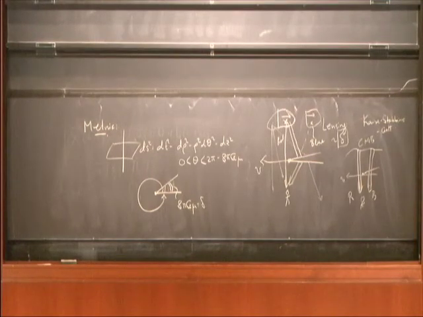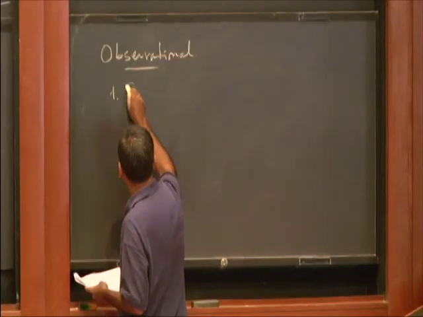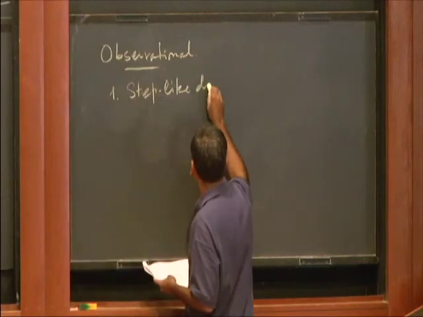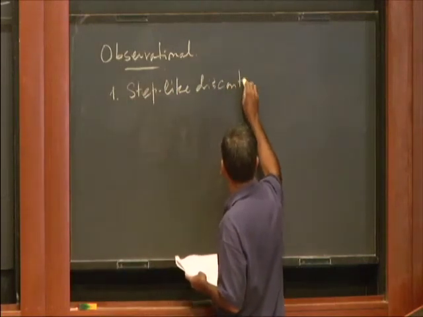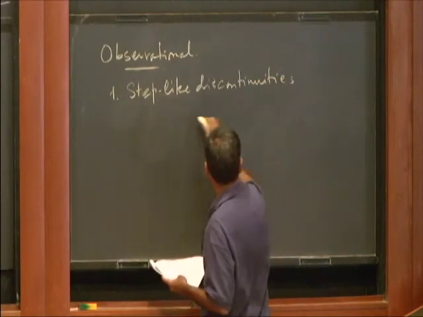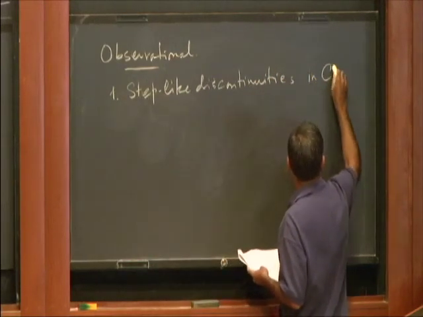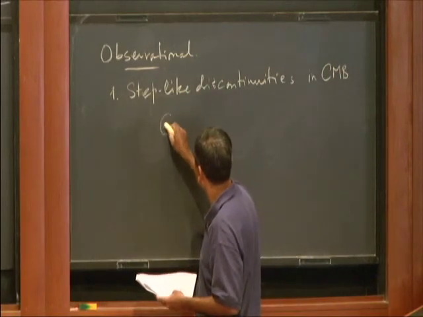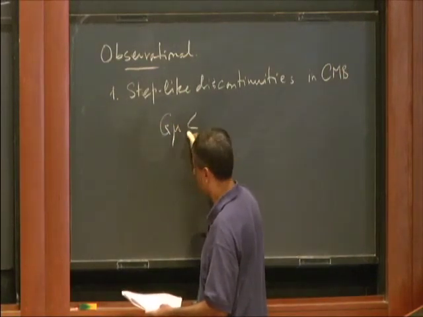Okay, so observational constraints. The first is step-like discontinuities in the CMB. And these give you that G mu should be less than about,